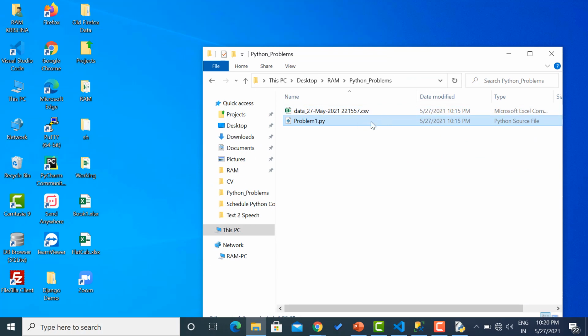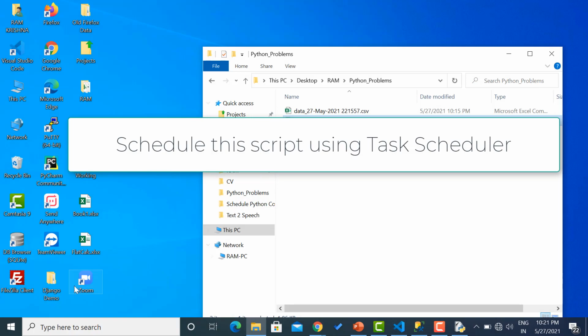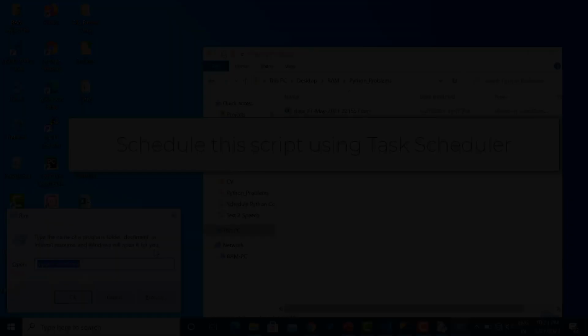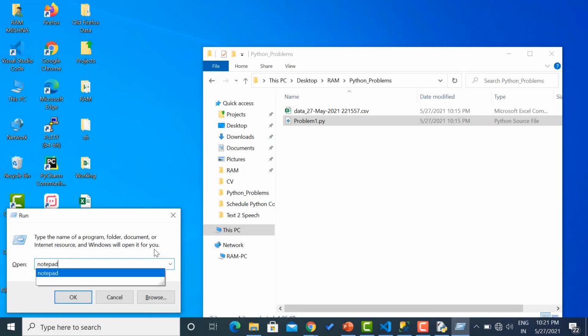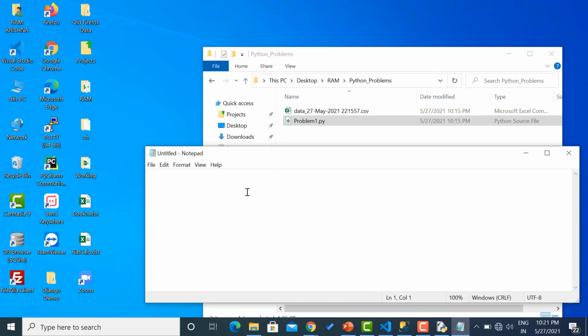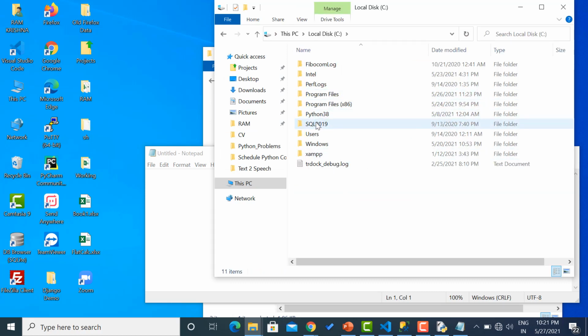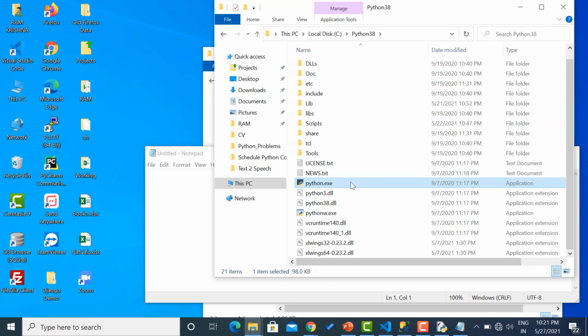Once we schedule this script, the script will run automatically at the given time. Open Notepad and then give the path of Python. In my case, Python is installed in C drive in the Python 38 folder. Just copy the path,